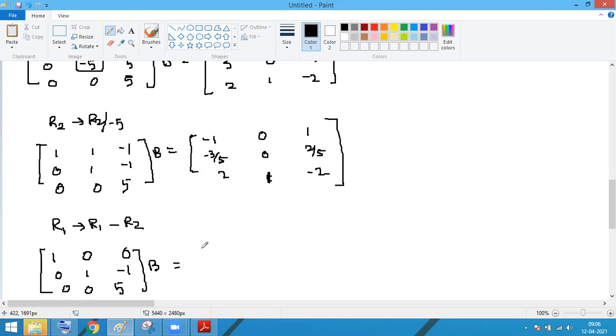5 into b is equal to, now what about this, after this ये वाला पार्ट कितना हो जाएगा, R1 tends to R1 minus this, so you will get -2 by 5 here, -5 plus 3, what about here you will get 0, what about here 1 minus 2 by 5, 1 minus 2 by 5 is 3 by 5, after that you will get -3 by 5 here, then there will be no change, सब जगह पे सेम रहेगा, then 2 1 -2।